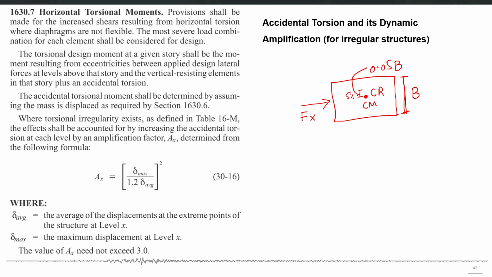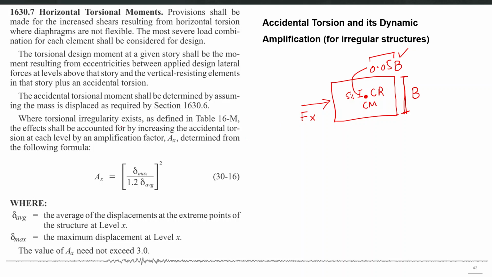If there is a real eccentricity, there will be actual inherent torsional moments. But these accidental torsional moments are in addition to those inherent torsional moments, and that should be equal to the eccentricity which you are assuming multiplied by the perpendicular dimension of the diaphragm. And that 5% number is mostly recommended in different building codes and different building guidelines. So it is basically introducing an artificial torsional moment at each story level, which will serve as an additional force to result in some additional capacity, and that capacity will act as a kind of additional factor of safety also.